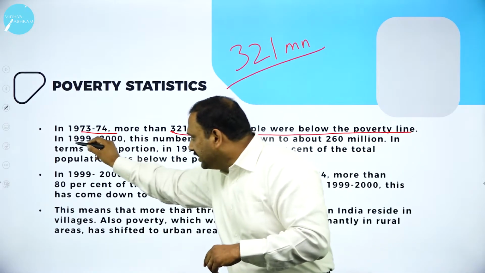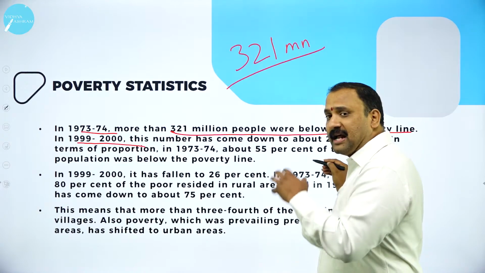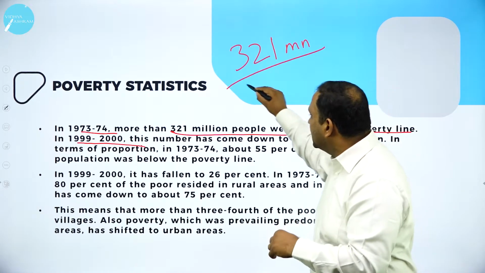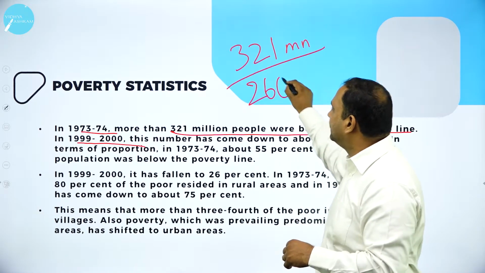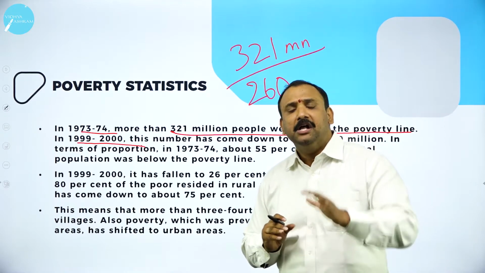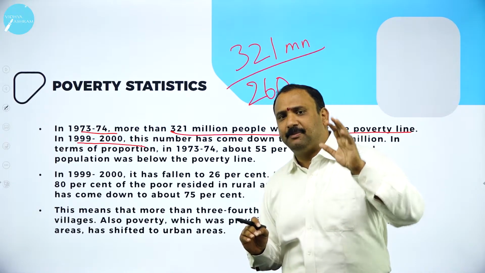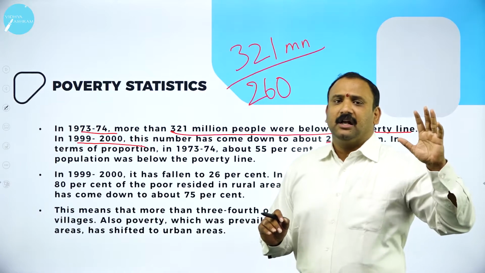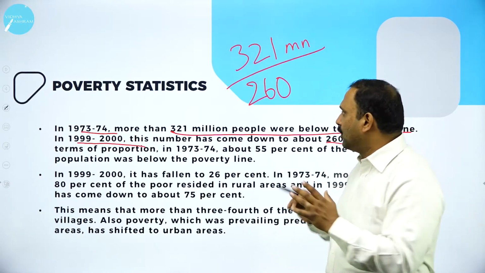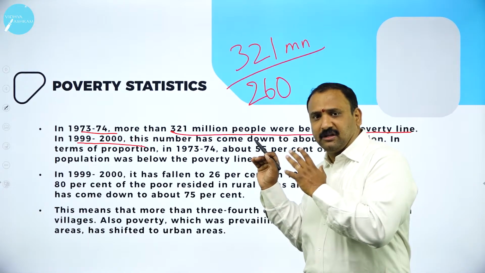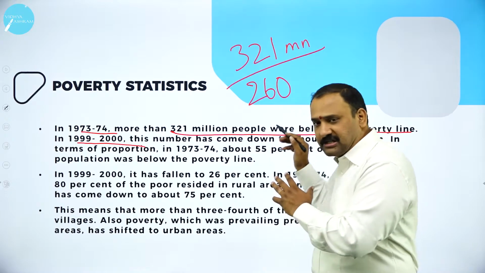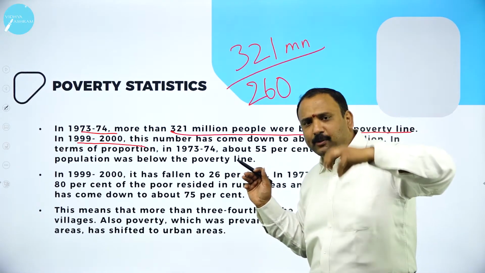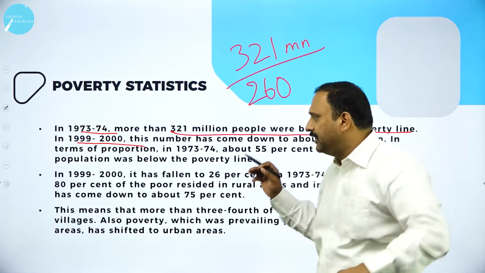But in the year 1999-2000, this number has come down to 260 million. So you can just look at the improvement that we have made altogether. About 61 million people have been brought out. That's quite a big improvement, because when you look at the numbers, from 321 to 260, we have done quite an amount of exercise, quite an amount of improvement to bring down